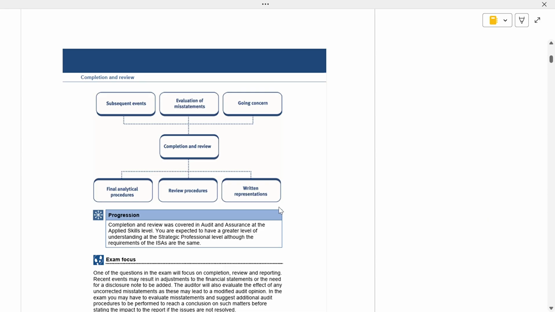In order to support completion and review, we will have analytical procedures, review procedures, and written representation. These are the supporting things. All three will support. I will write here. This will support the completion and review process to think about subsequent events, material misstatements,